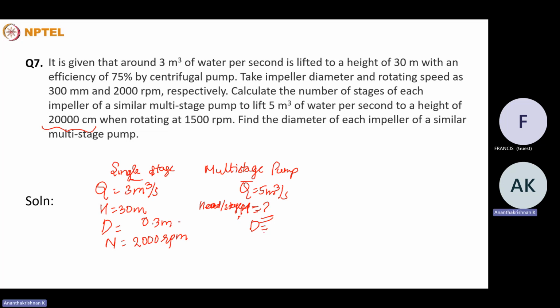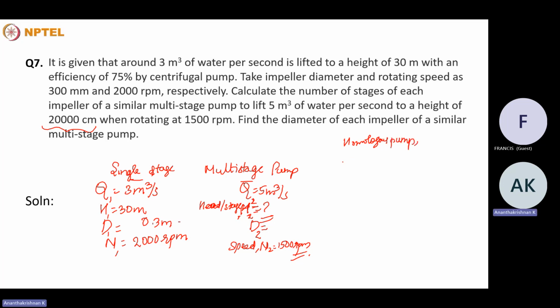Diameter, we also do not know the diameter of the impeller in the case of the multi-stage pumps. And the speed is given as 1500 RPM. So these are a set of homologous pumps. So for a set of homologous pumps,